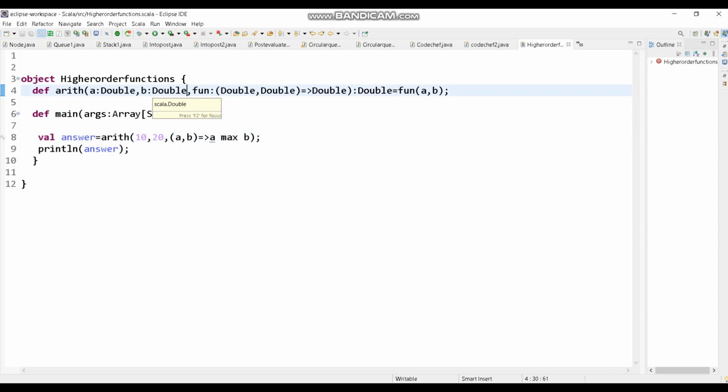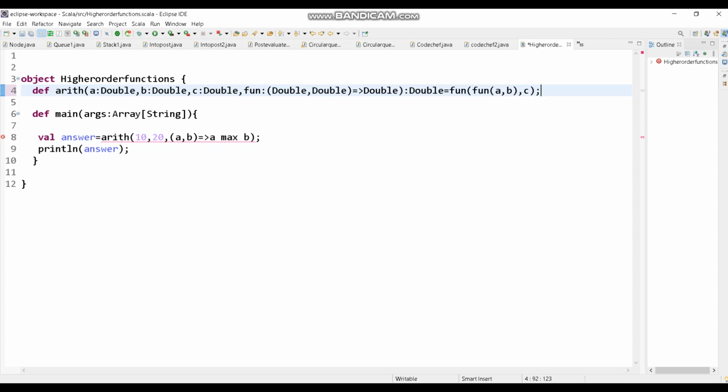Suppose I want to pass another argument, let it be c and its data type be double. Now I want to rewrite this function here using function composition. So what is function composition? In Scala, functions can be composed from other functions. It is a process of composing in which a function represents the application of two composite functions. So I want to write a function inside a function here. So fun, bracket and pass the third argument c here. So see, this results in a function inside a function.